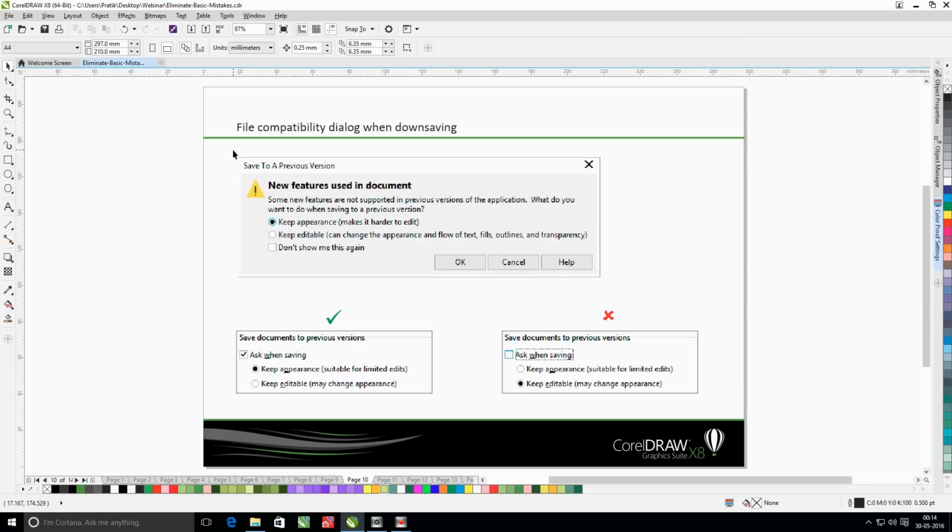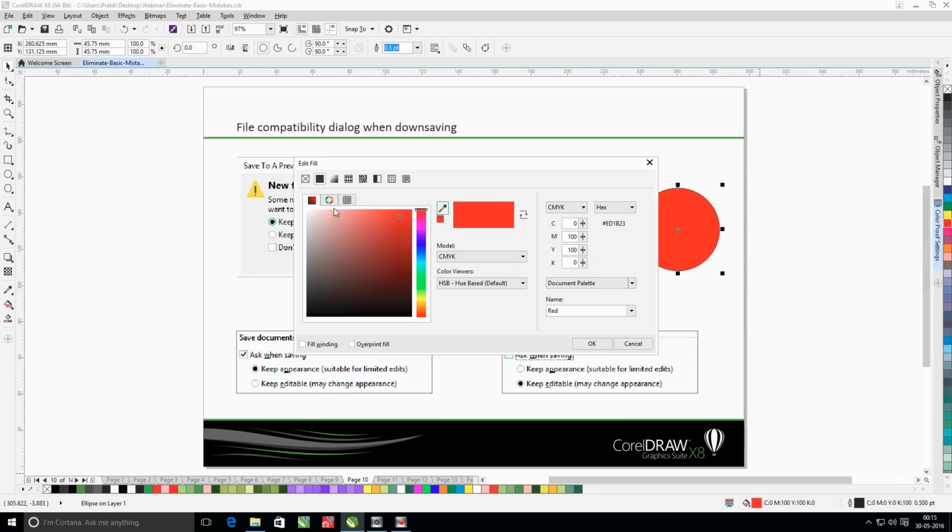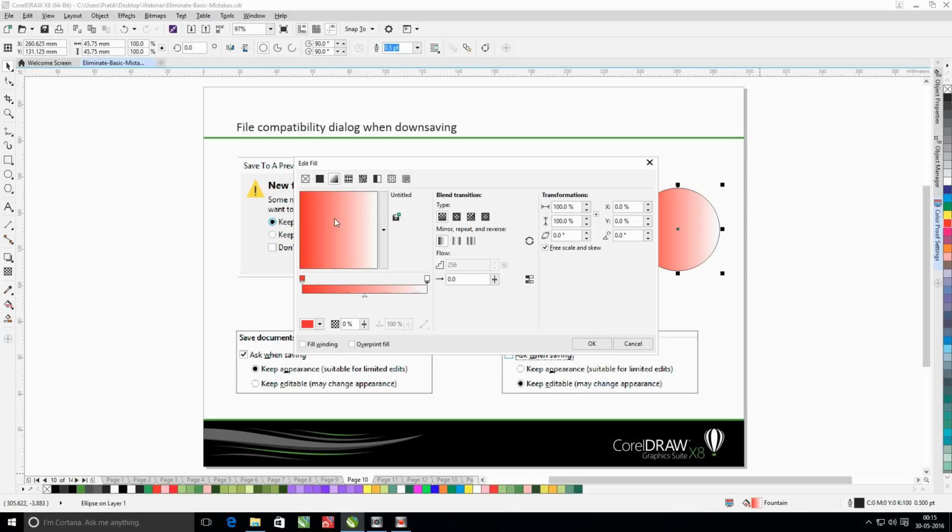What I have seen with many users is, let's say they have used a feature that is not compatible with earlier versions, like say transparency in fountain fill, which is not available in X5, X6 and earlier versions.